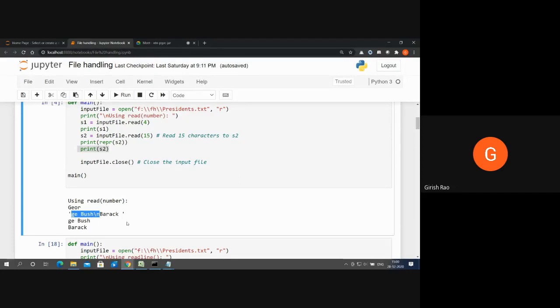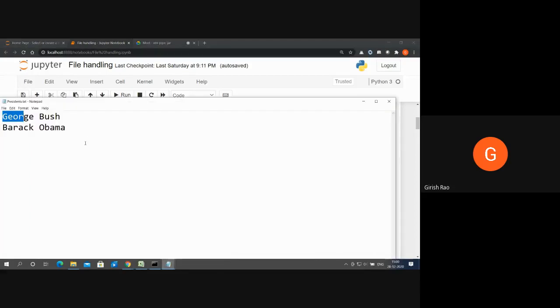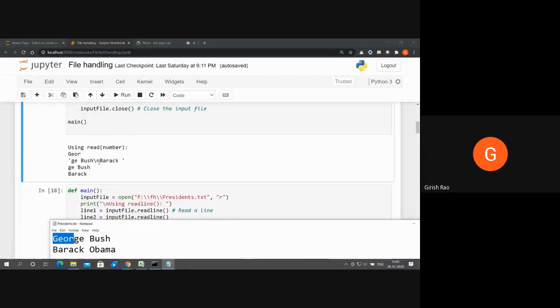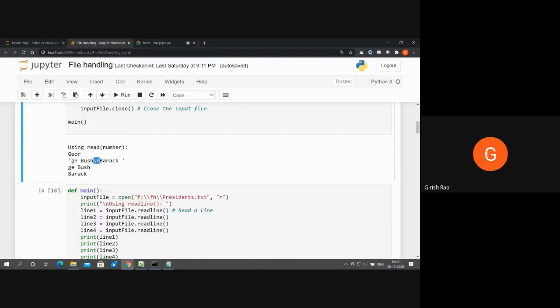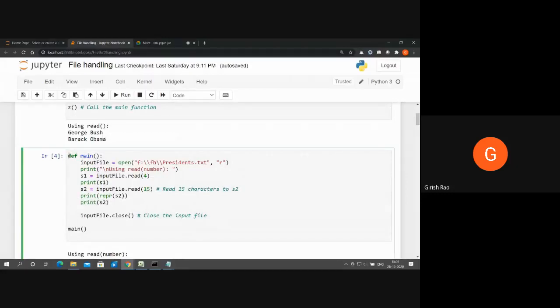See, in the file, after Bush the cursor goes to the next line, George Bush, Barack Obama on the next line. But what it did was keep the cursor on the same line. Backslash n was read as it is. So repr means read the content as it is. Do not interpret backslash commands, and display it as it is.